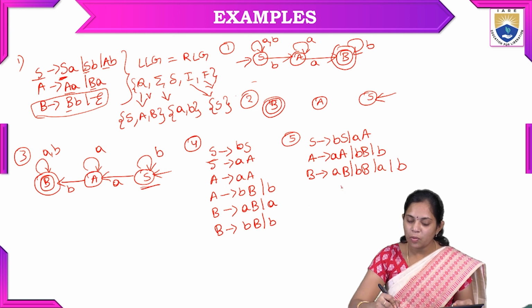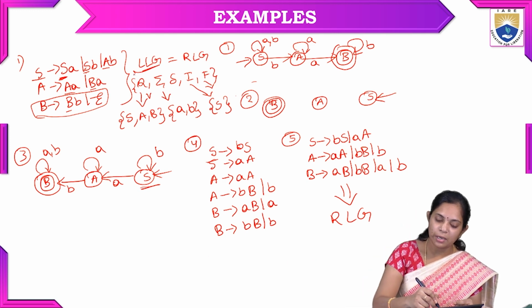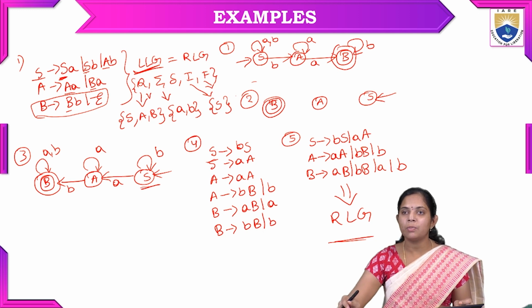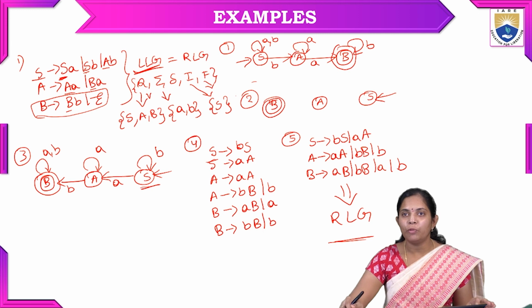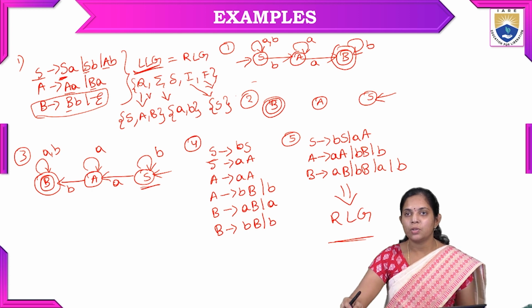So this is the right linear grammar. So we converted the given regular left linear grammar to right linear grammar. So this is about the equivalency of left linear grammar and right linear grammar. We can convert left linear to right linear, or right linear to left linear grammar. So this is about the equivalency of regular grammar,